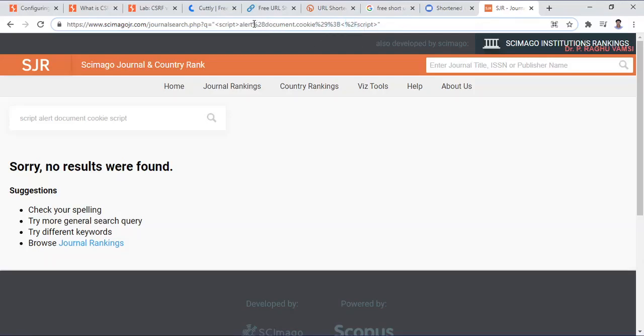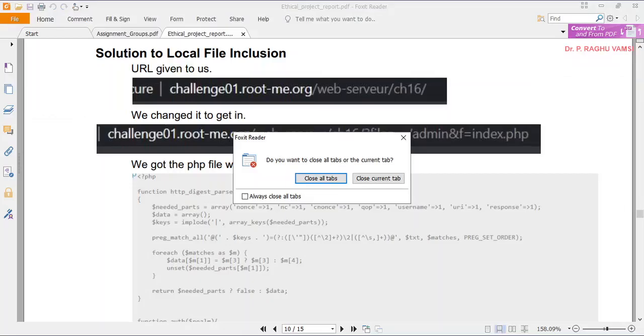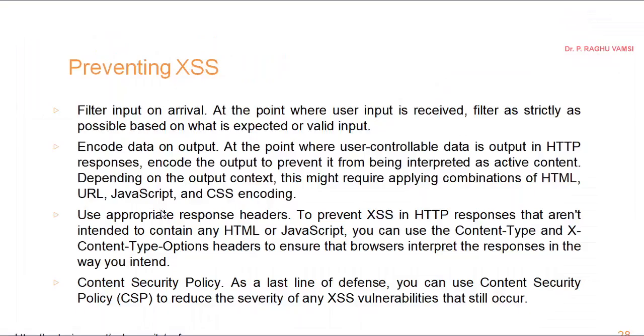So that means some encoding has been used during the output, so it has resistance to XSS based attacks. So it has the protection like encode data on output.